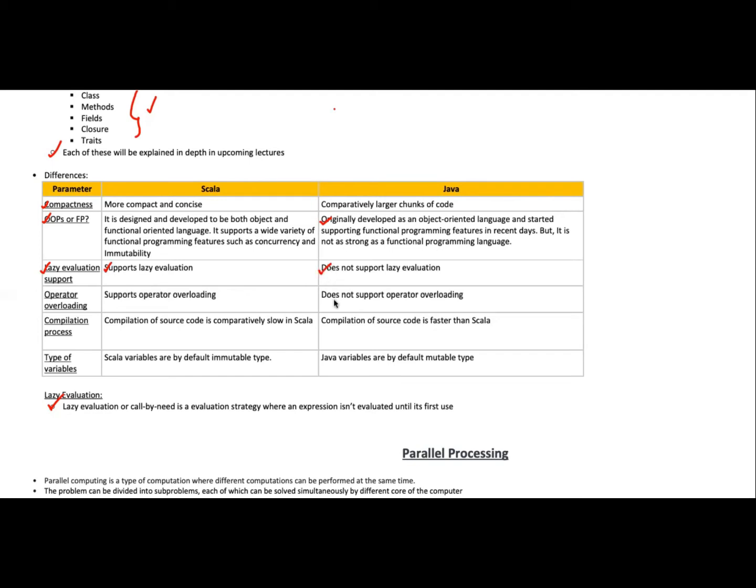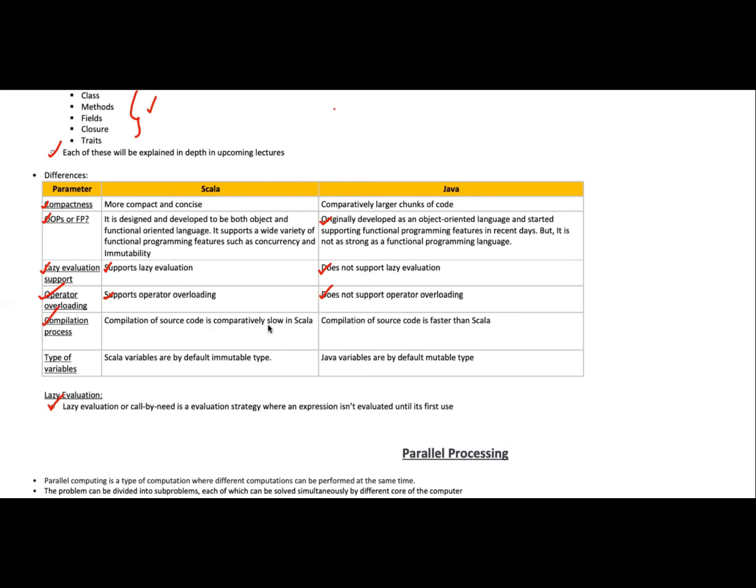So this is lazy evaluation, and Scala supports lazy evaluation, but Java doesn't. In Java, the JVM execution is such that all the expressions are pre-calculated in advance, whenever there is a function invocation. Operator overloading: Scala supports operator overloading, but Java doesn't support that. We will look into this aspect during the assignment, whenever we discuss some code related to operators, and see what operator overloading actually is.